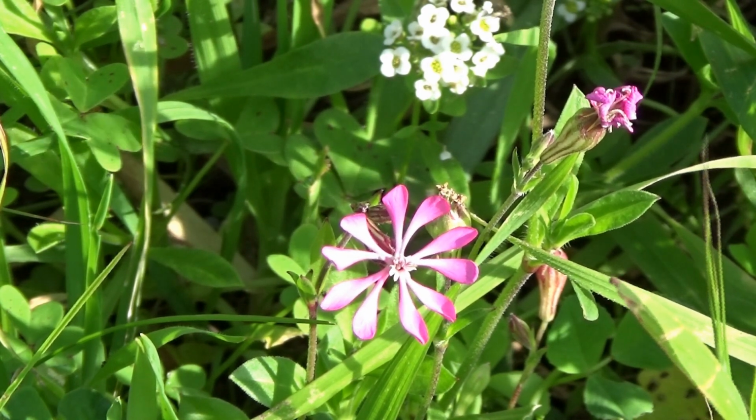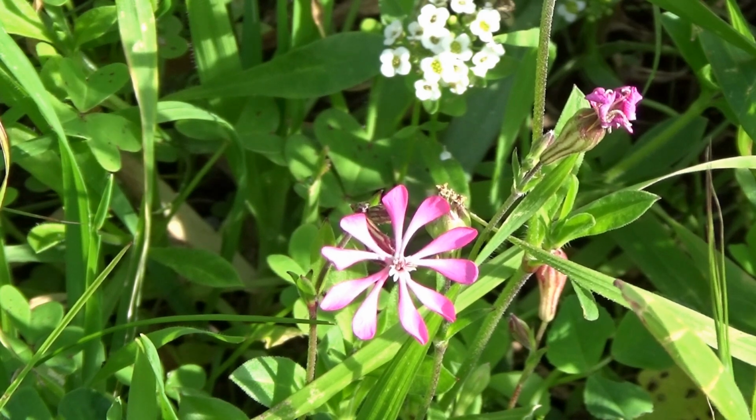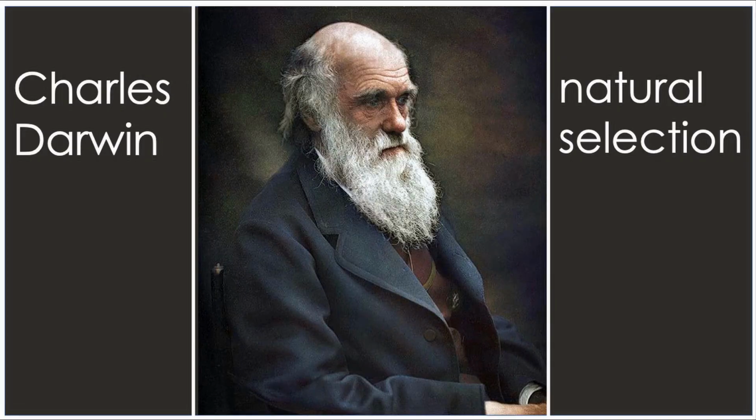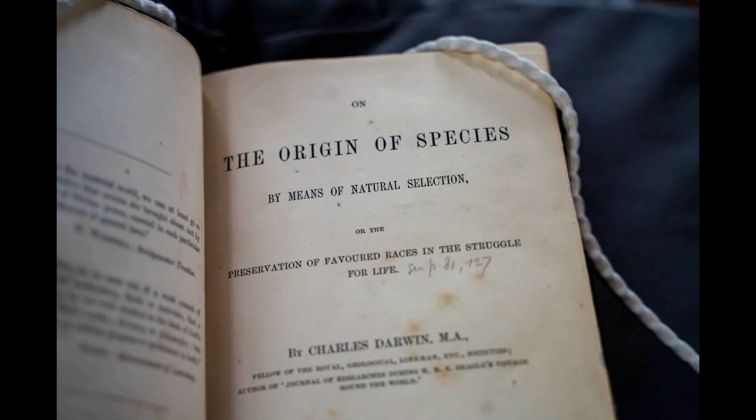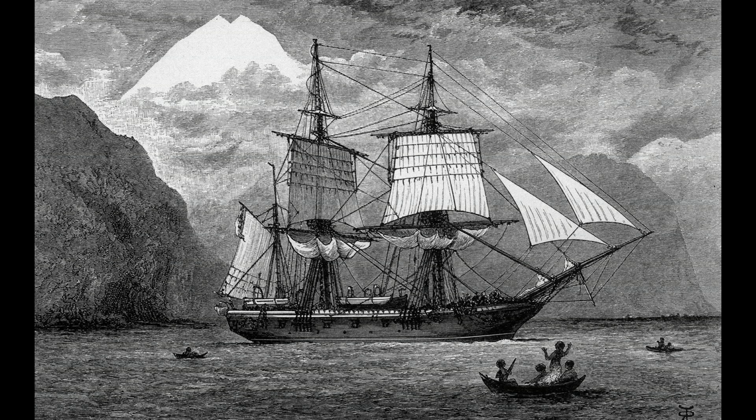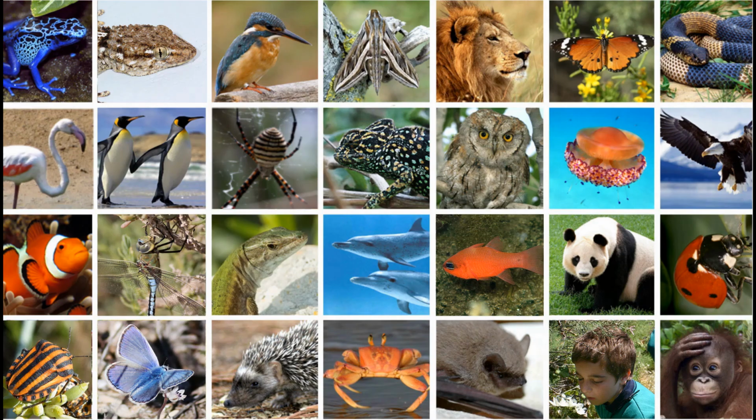The scientific answer to that comes from the thinking of the brilliant naturalist Charles Darwin. In 1859, he published his theory of evolution, a theory that became the foundation of our scientific understanding of life on Earth. By looking in detail at the fossils, animals, and plant life he encountered on a 5-year journey around the world, he came to the conclusion that living forms we see around us are the product of millions of